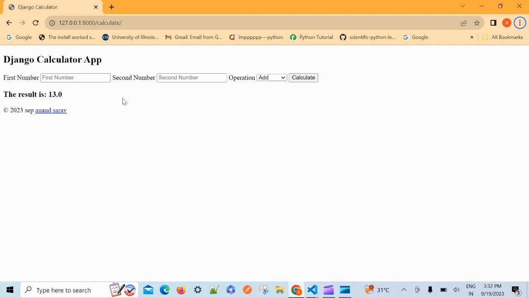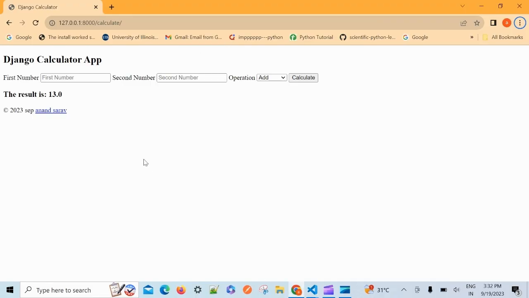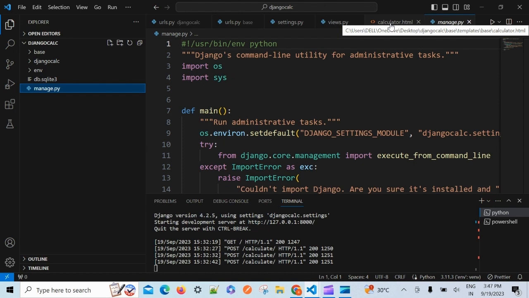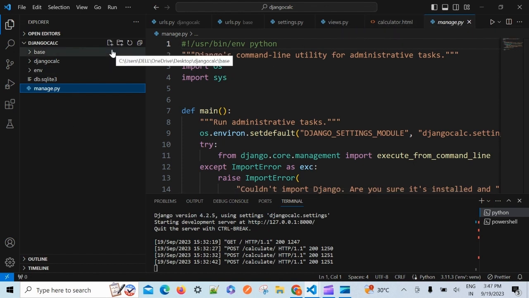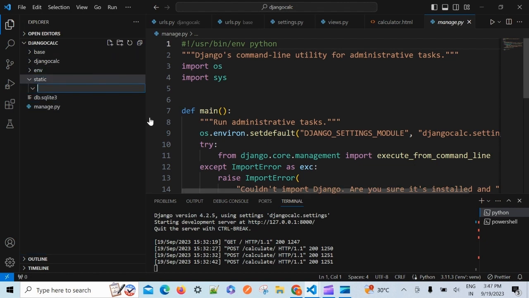So let's make it a little prettier using CSS. And also we will understand how we can use static content like CSS inside our application. In order to apply CSS on top of our calculator.html, first we need to create a structure to place our CSS file. To do that, we have to create a folder called static, and inside the static folder we will create one more folder called styles, and inside the styles we will create a file called